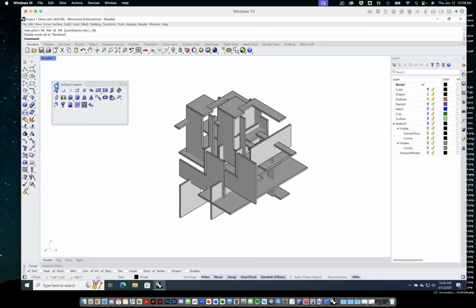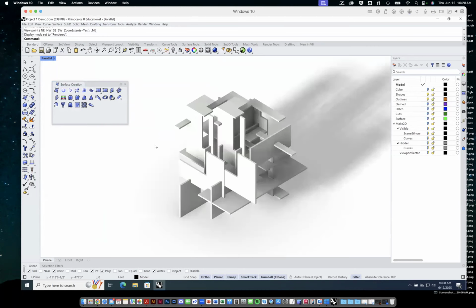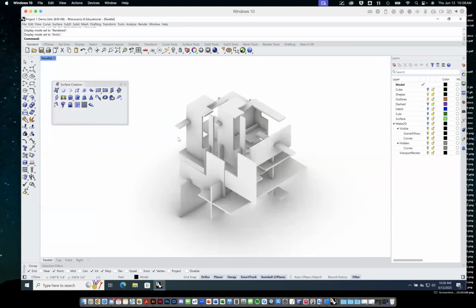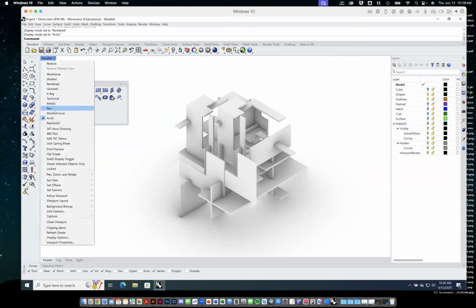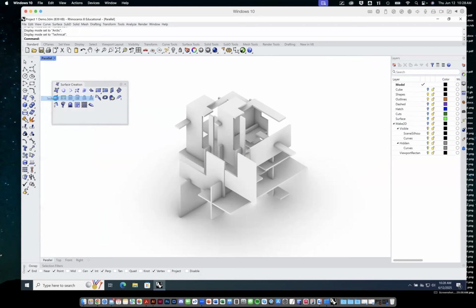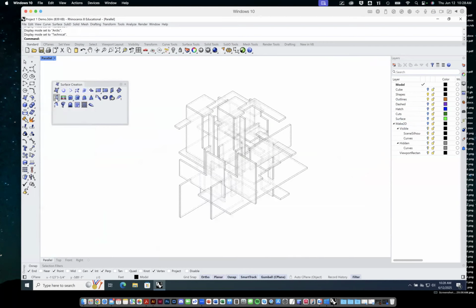And let's just look at what this looks like in rendered mode. Yeah, there we go. All right. Yeah, all right. Okay. Yeah. There are others that look similar, right? Arctic is a nice one, right? That's sort of out of the box, much softer shadows. I think it turns the sun off. Now, if I go to, I think technical, I get just the lines and hidden lines and everything else,